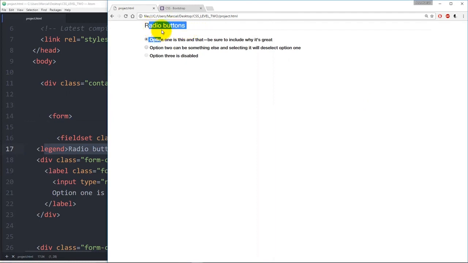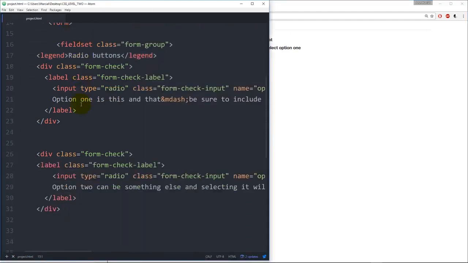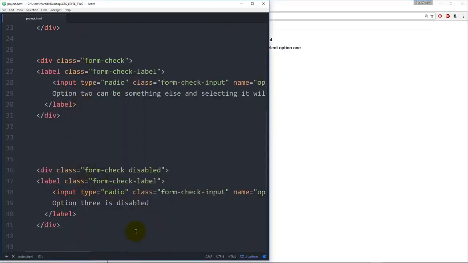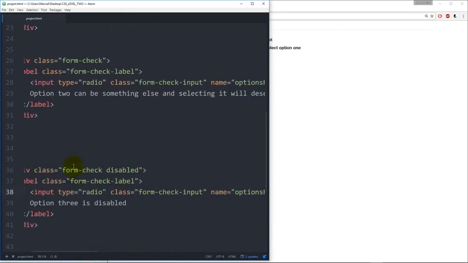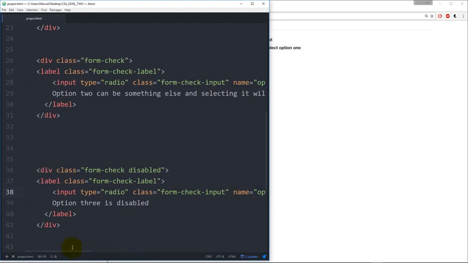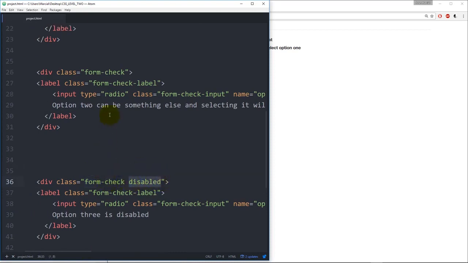And you can see, hopefully it's visible on your screen, but I have an underline here because it's a legend. And so we say option 1 is this and that, be sure to include why it's gray. Option 2, option 3 is disabled. So if you want something to be disabled, again, that's option 3 over here. You just put in a disabled call right here, disabled. All right, so nothing too fancy going on here. You can just check that there's classes for each of these. So if you want it to be disabled, you can say form check disabled as the class here, instead of